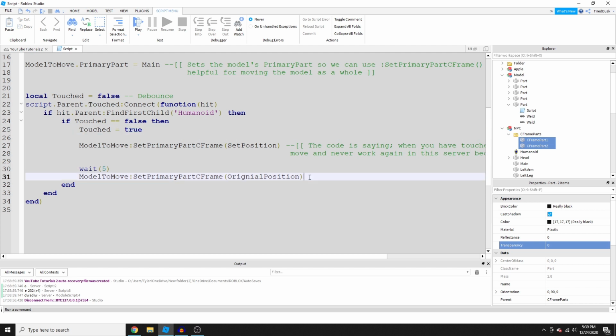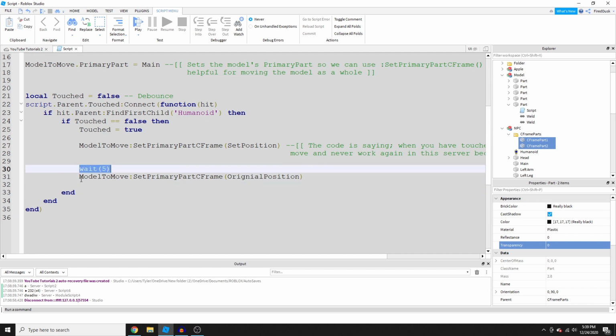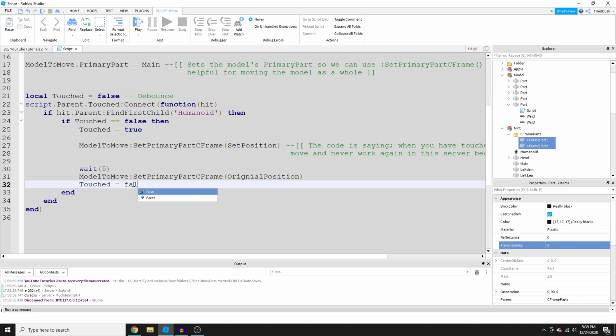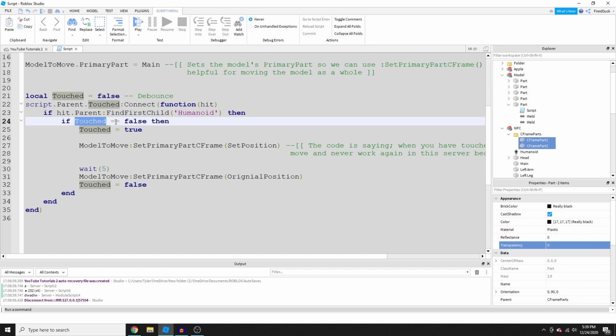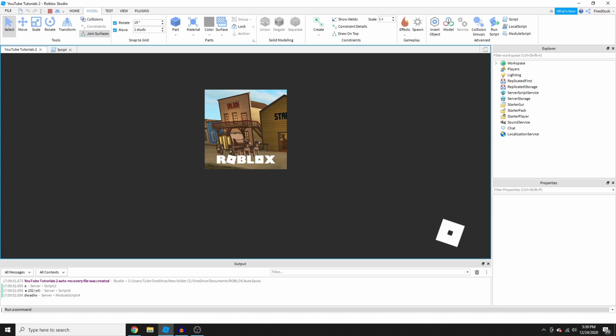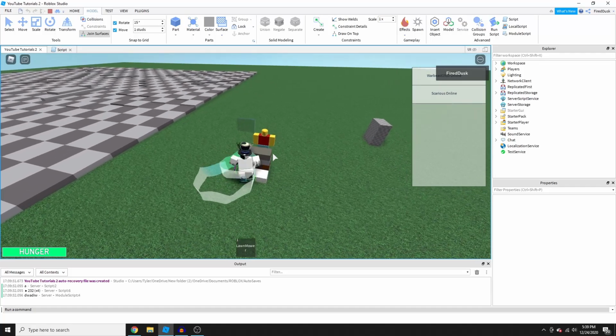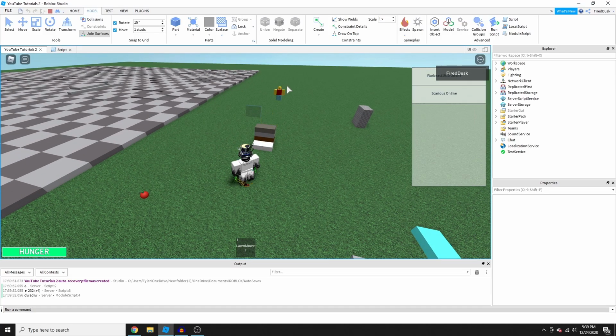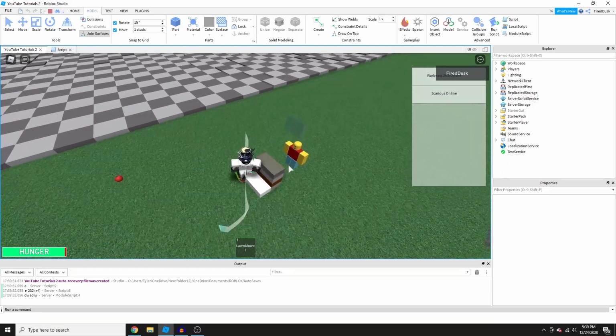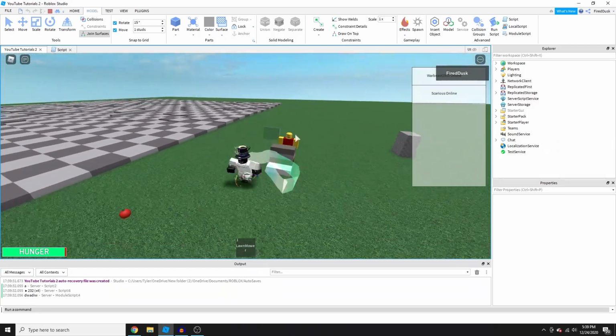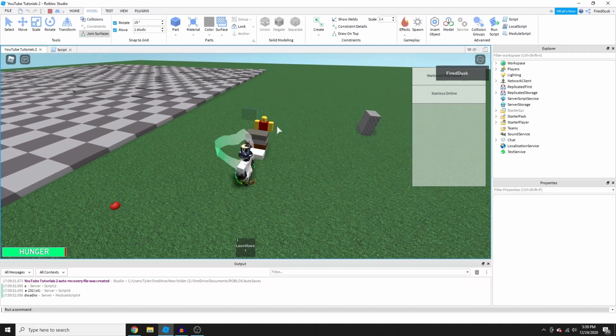So basically it waits 5 seconds, it moves back to the position, and we can set touched back to false, so that way whenever it goes back and this script wants to run and it goes through all this and it finds the humanoid, then it checks if it's false again, then it's gonna run. That easy. Now we're going to play and I will show you guys what this does. Step on it, okay, wait 5 seconds, it's gonna move back and we should have the ability to make it move again. It's gonna wait 5 more seconds, it's gonna move back, boom, you touch it again, see,